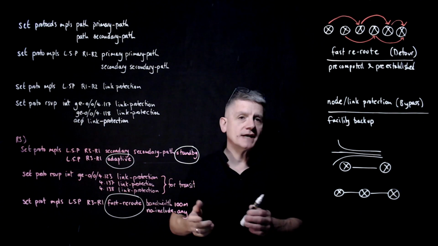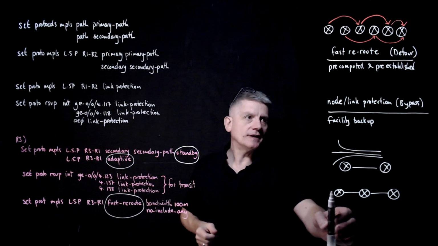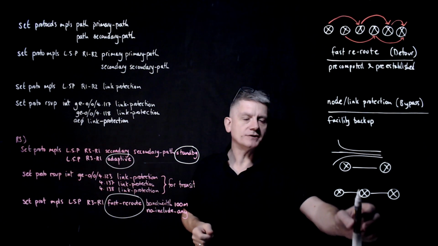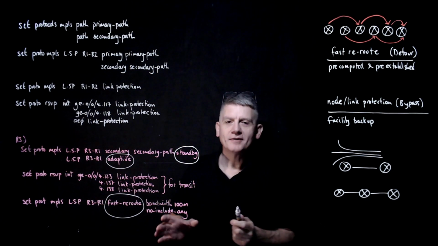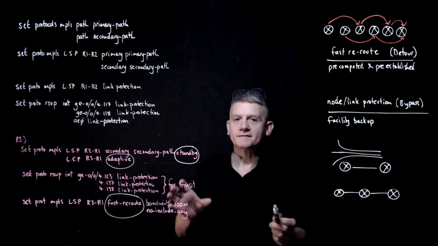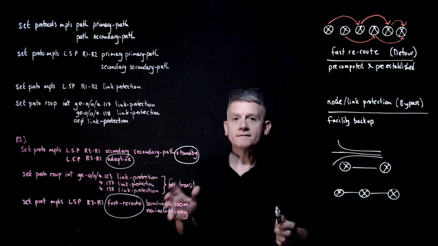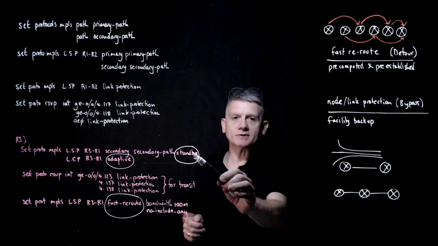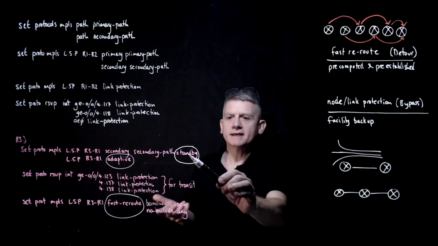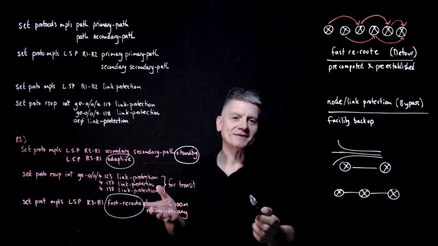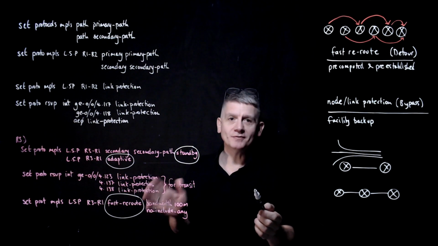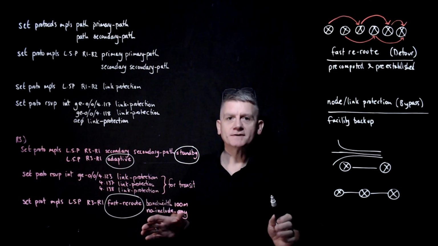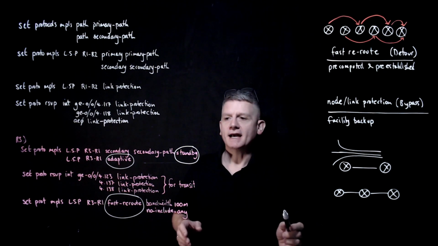Okay, you can also have node link protection, and node link protection will do a little bypass path around the node. Okay, so Router 3 and Router 6 have a couple of different requirements. The first requirement is that the secondary path is pre-signaled, and the keyword standby will do that. And then the second requirement is that, of course, there's going to be enough bandwidth for the secondary path to pre-signal, and so we're going to change the reservation style from fixed filter to shared explicit, and that's with the